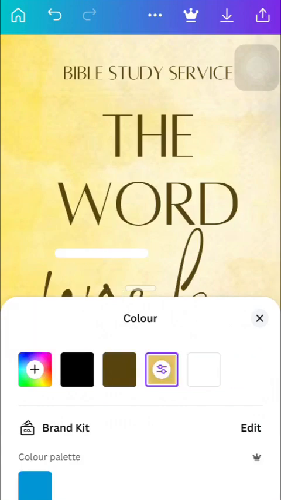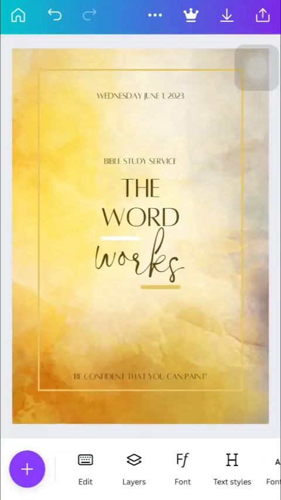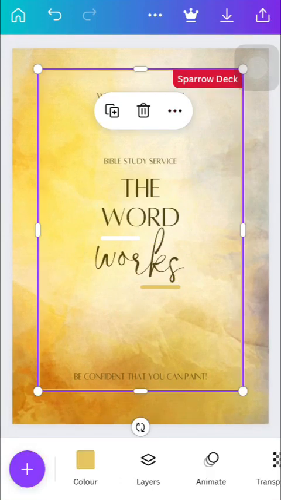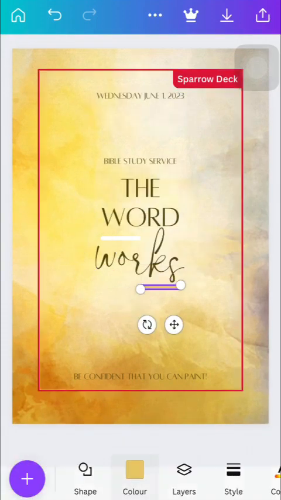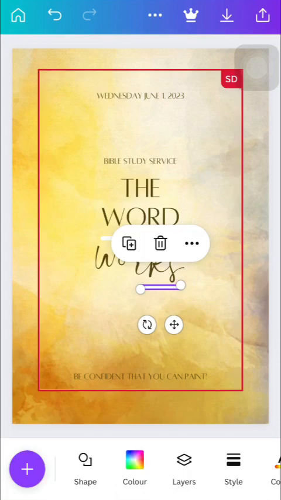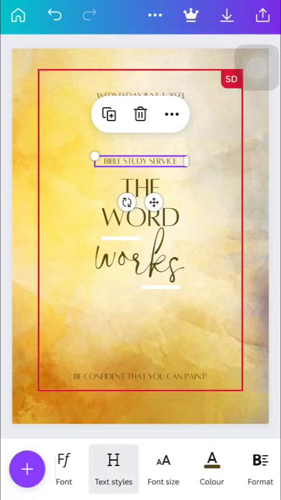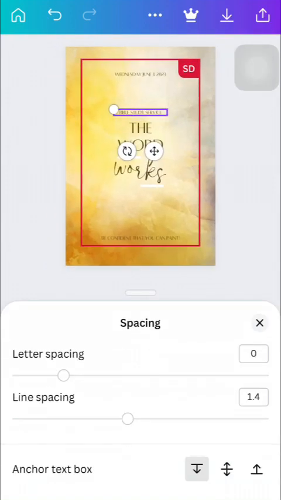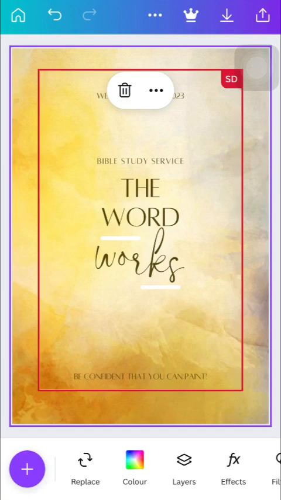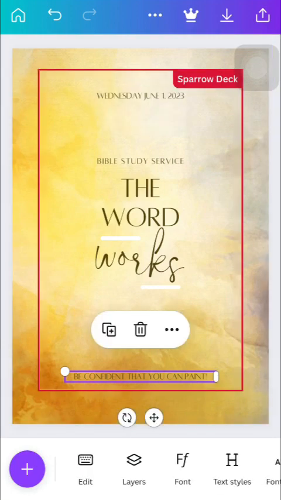Let's make this white. Let's see how white looks. Let's make this white too. Okay, that's fine. I'm going to spread this out, so we'll go to letter spacing, spread this out a little bit like this. That's fine. All right, and then we would keep,